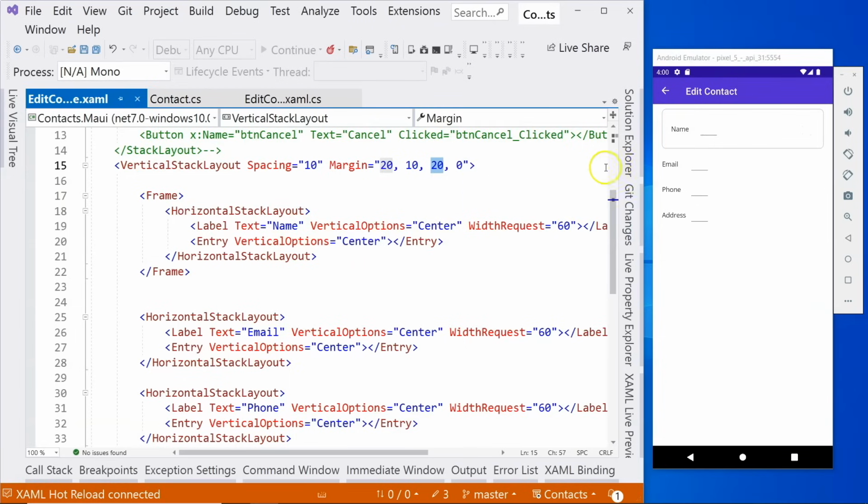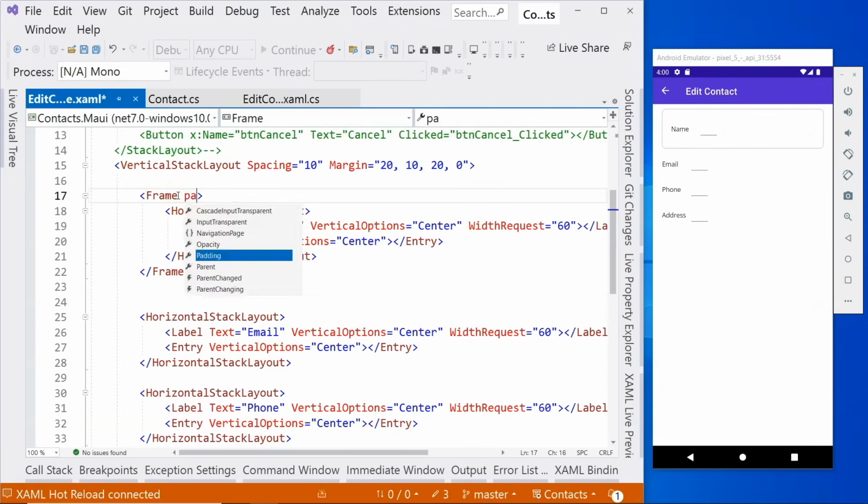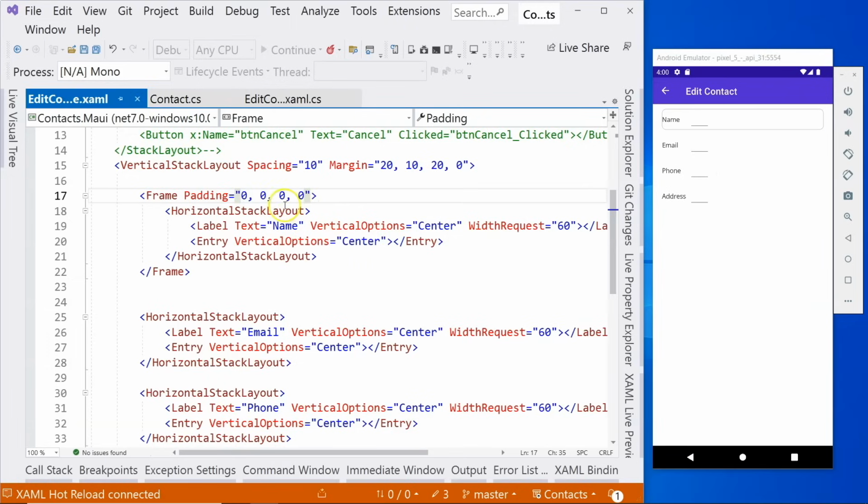So that looks pretty good, but then it's too big, right? It's too big. But we can specify the padding, right? The padding is the inner side. The margin is the outside and the padding is inside. If we specify 0 to all of them, then it becomes like this. It doesn't look really good. So let's specify the left hand side to be 10 and the right hand side to be 10 as well. Then now it looks pretty good. So maybe we can add top padding to be 2 and bottom to be 2 and make it look a